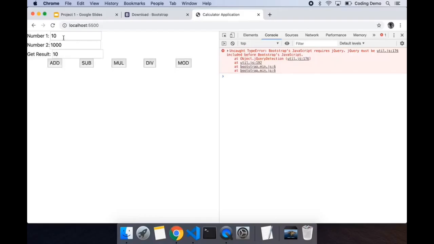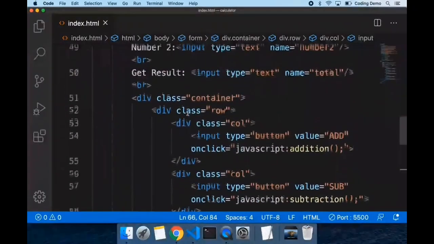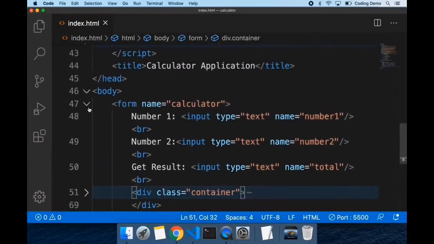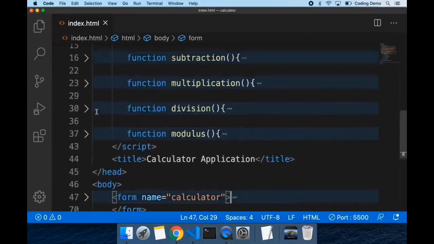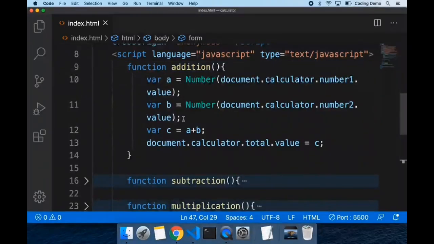So now what we can do is improve on this project. You can style it correctly. You can add a better looking button. If I go back to our code, we can probably refactor it a bit. I'm not going to do that, but I'm going to give you some tips on how you can refactor the code. Right, so if we go on to the script, we have 4 different functions for 4 different operations,